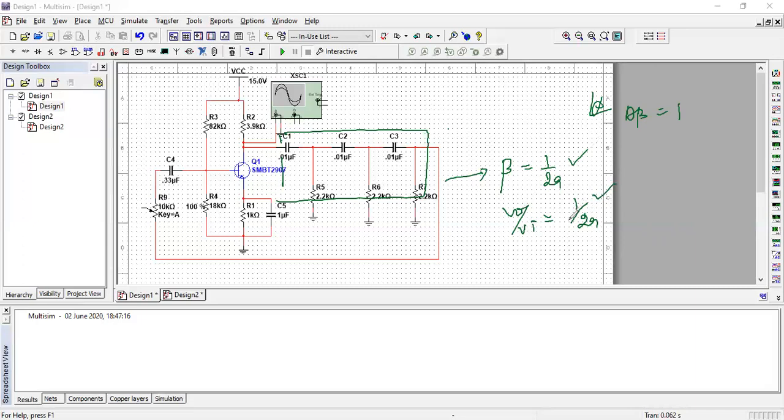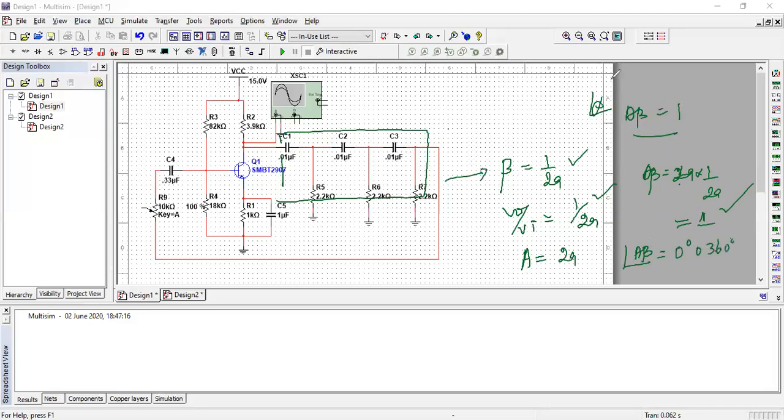Then what must be the gain factor of the voltage divider bias network? The A must be 29. Then only for A beta, 1 by 29 into 29, we will get the gain factor of 1. So the first condition must be satisfied, then only can you get the undamped oscillating signal. This is one condition. One more condition is what? The total phase angle. That means A beta must be 0 degree or 360 degree.